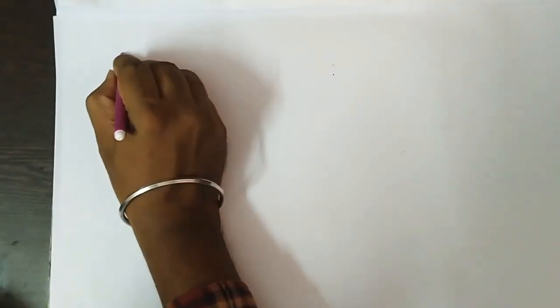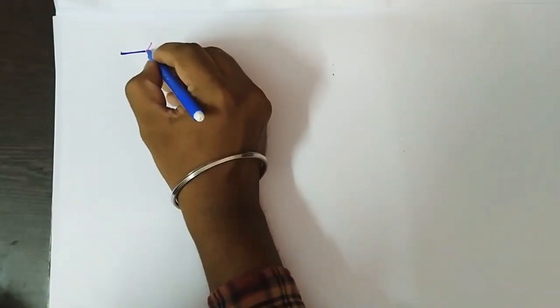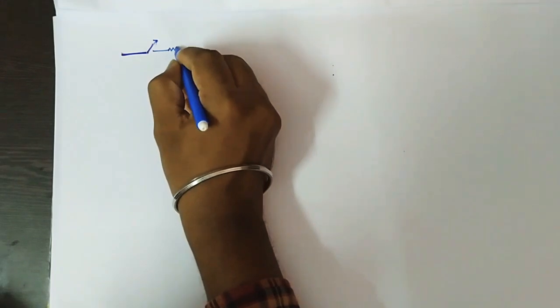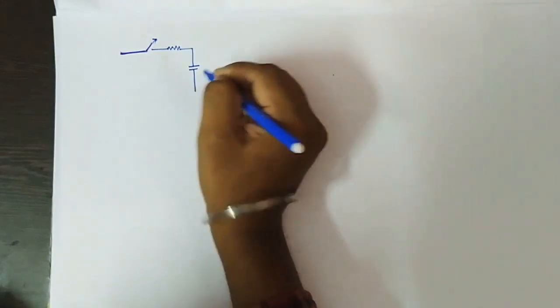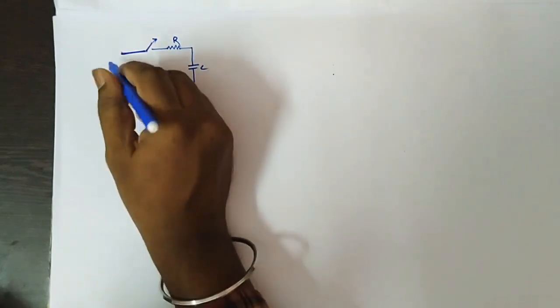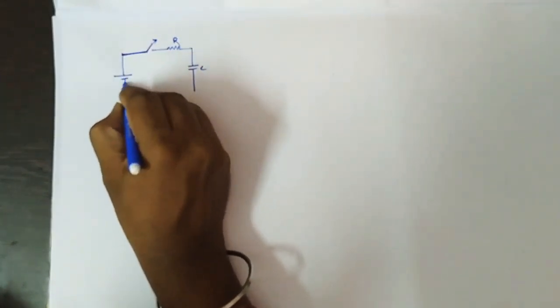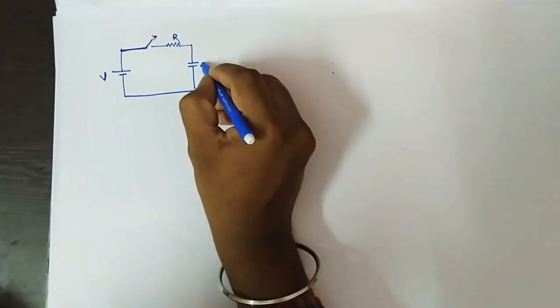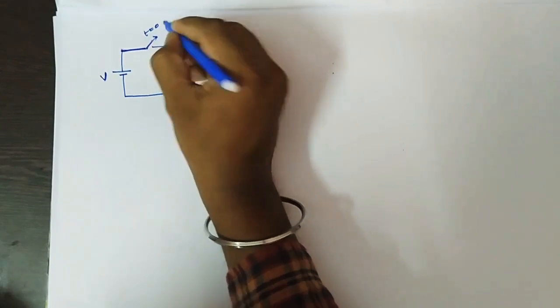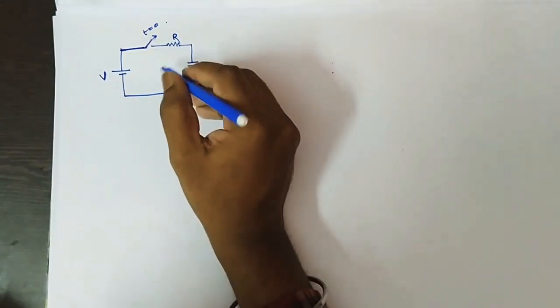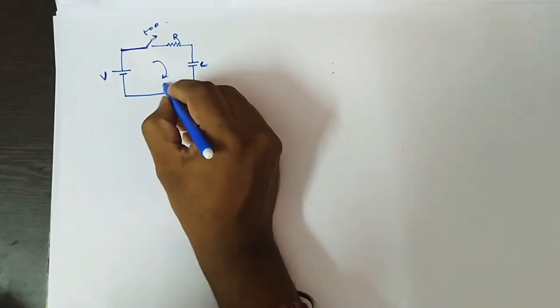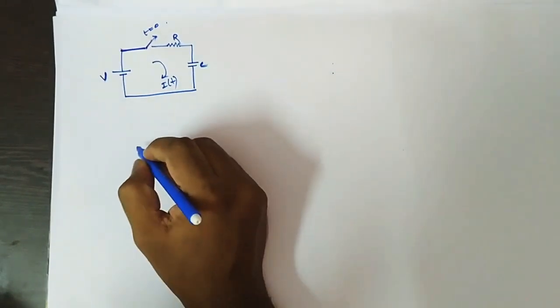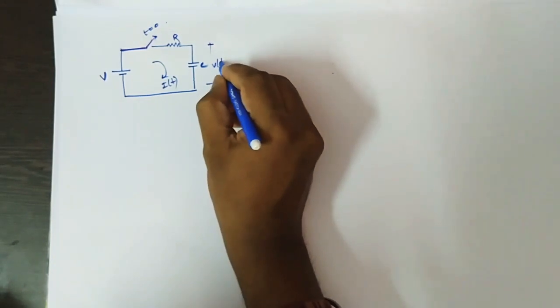So let us take one simple circuit. Directly I am going to solve a circuit here. This is an RC circuit, a source driven RC circuit, having input voltage of magnitude V. After t equal to 0, the switch is on. So I would like to take the response i of t and v of t here.